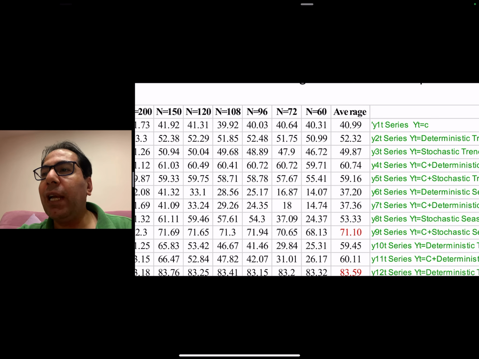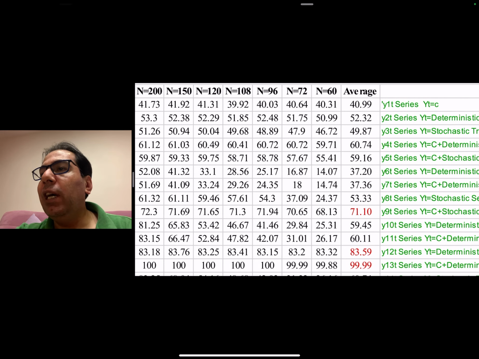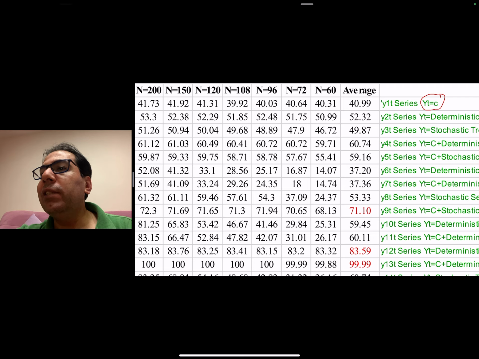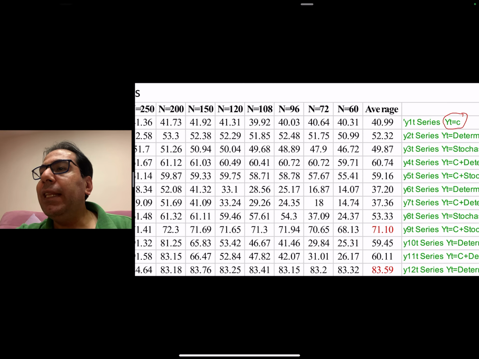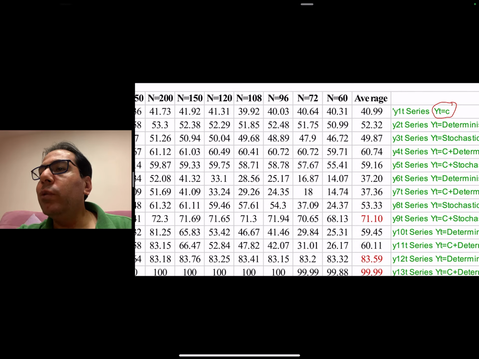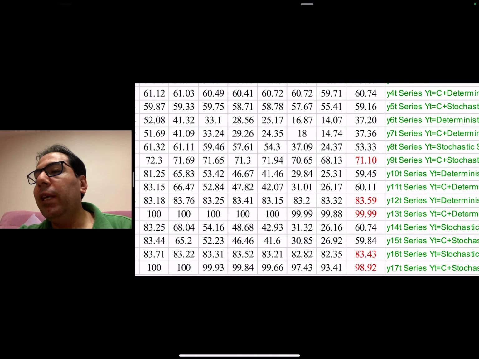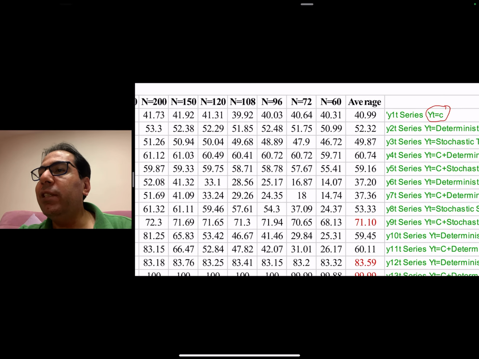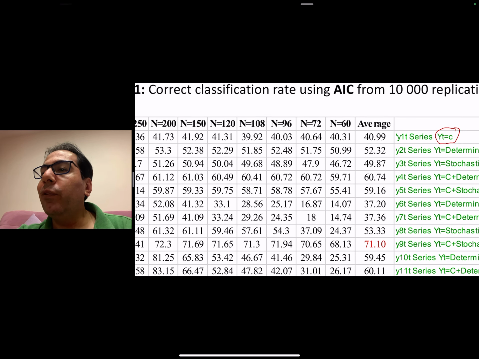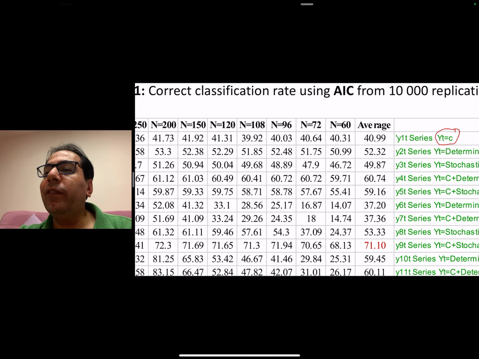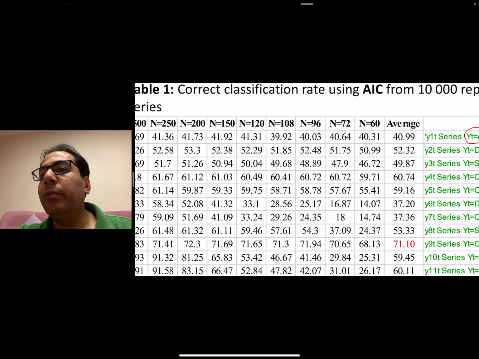It is telling you that if you have time series data generated from just a constant term, so it is a constant, yt equals c, and this is the model we considered, and you try to fit this time series data into different models. You fit 17 different models, and for the generated data you see that 14.99%